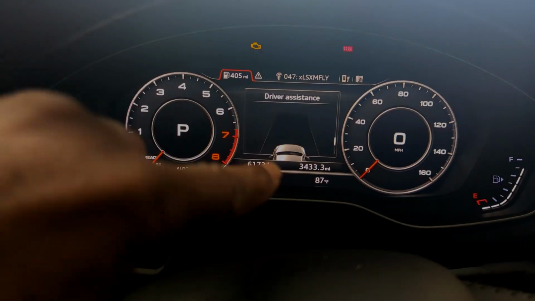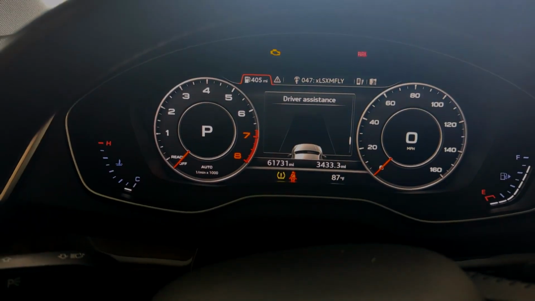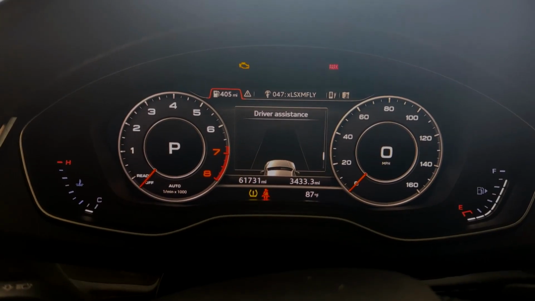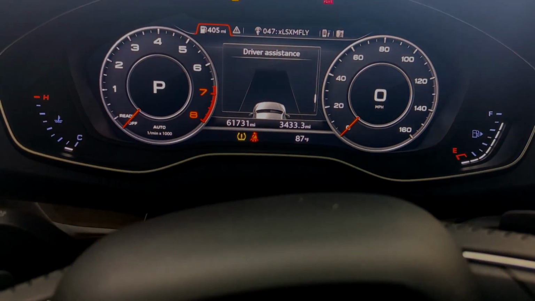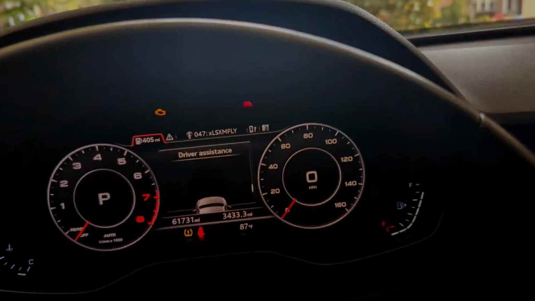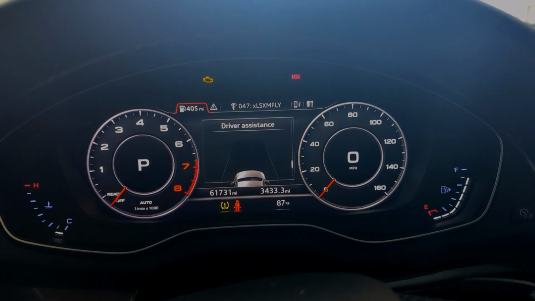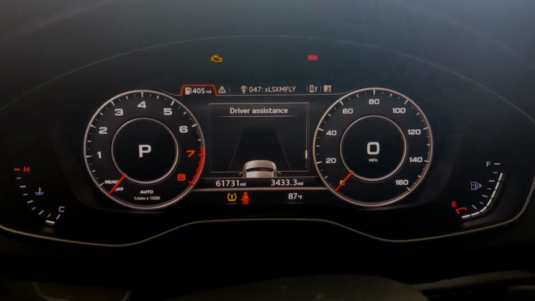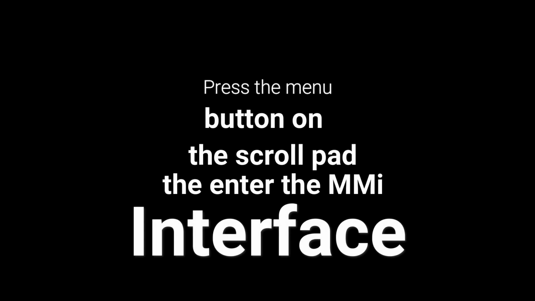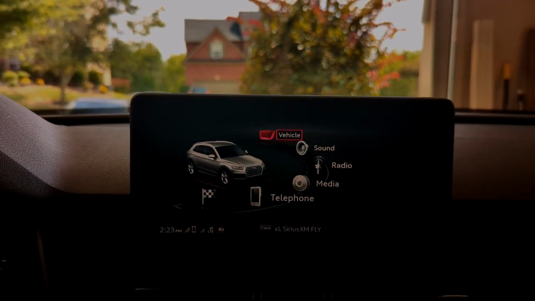Okay, so you can see we've got the little trouble indicator on the dash, which means that we probably have some low pressure conditions on the tire. So what we've got to do is go into the MMI, the multimedia interface, and reset it. And when we hit the menu, we'll go into the vehicle